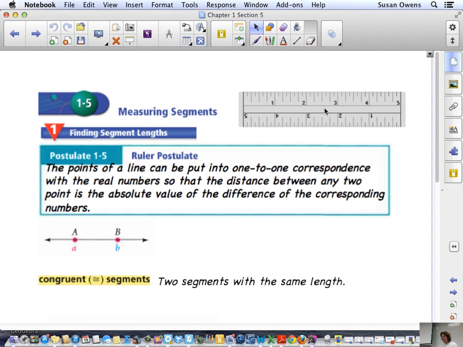This one says the points of a line can be put into a one-to-one correspondence with real numbers, so the distance between any two points is the absolute value of the difference of the corresponding numbers. So this is a really easy idea. It seems like it's worded in a difficult way, but basically we can take a line and put it on a ruler or some measuring device, and we could take any 2 points,